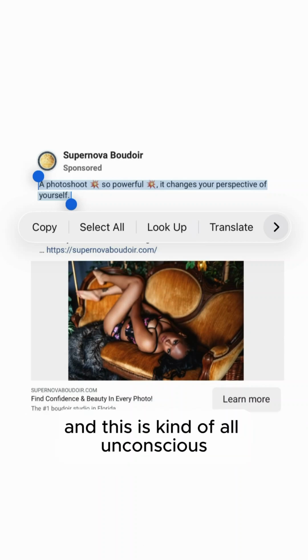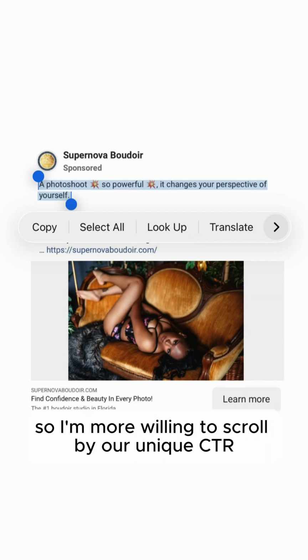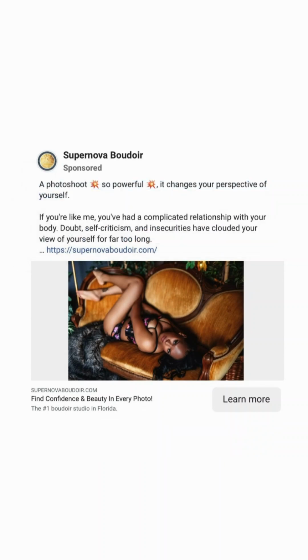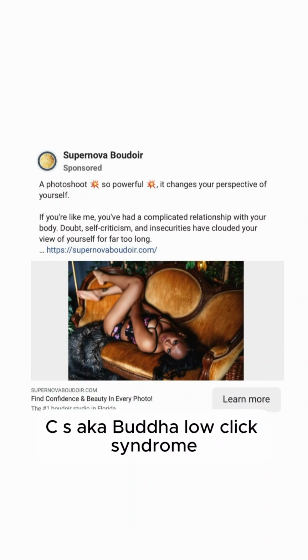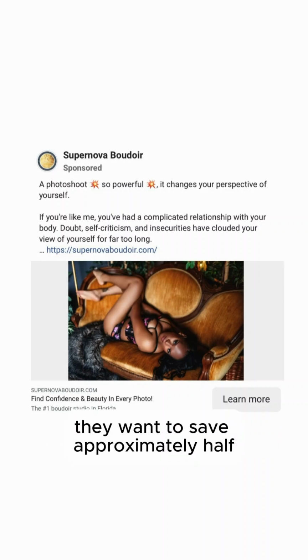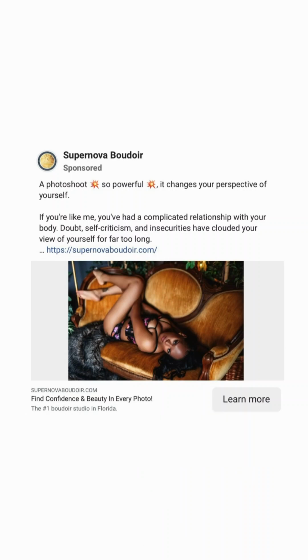And this is kind of all unconscious. They're not actively thinking this. So more women scrolling by, our unique CTR being pulled under 6%, wasting our money. So from what I'm seeing here, I do believe this Boudoir Facebook ad has BLCS, aka Boudoir low click syndrome. And if they want to eliminate approximately half their wasted ad spend, the treatment for that is